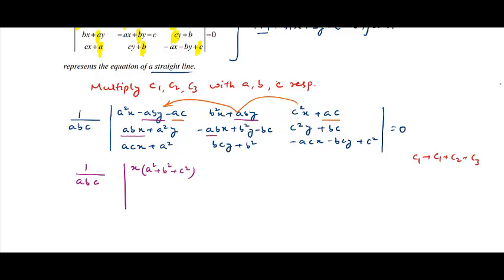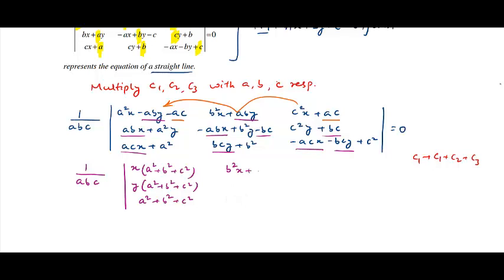In the same way, if I look at the next term, ABX cancels with this one, minus BC cancels with plus BC. So if I add, I get simply y times A square plus B square plus C square, and again in the next one we get ACX minus ACX, they two get cancelled out, BCY cancels with minus BCY, and we get simply A square plus B square plus C square, and the remaining elements being same, so you get B